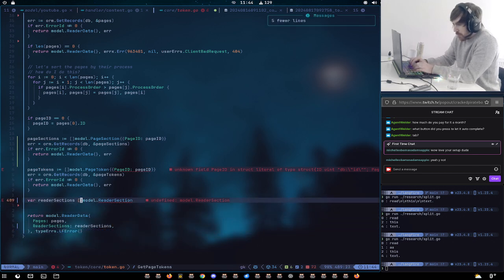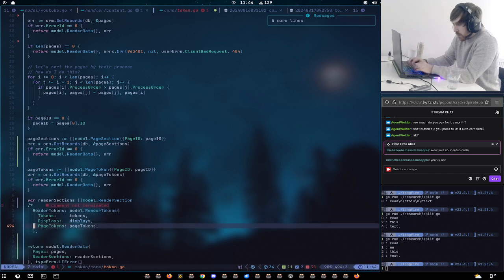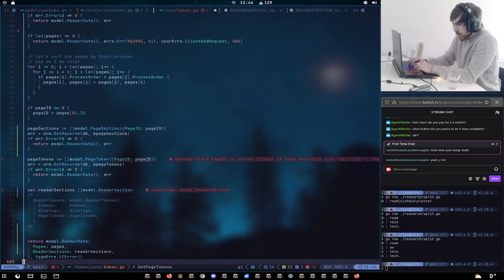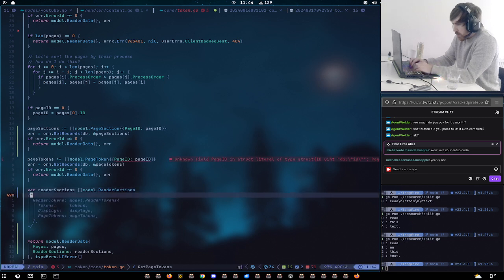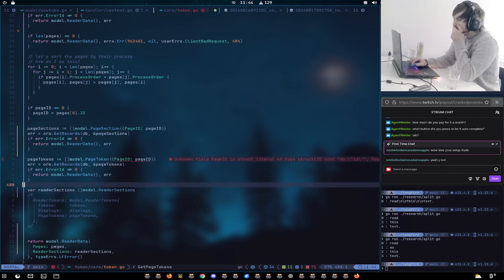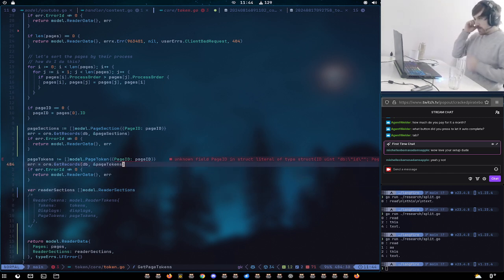And this assignment needs to happen here. This reader page section. What is it? I thought I had that before. Yeah, why not? So now all we need to do,